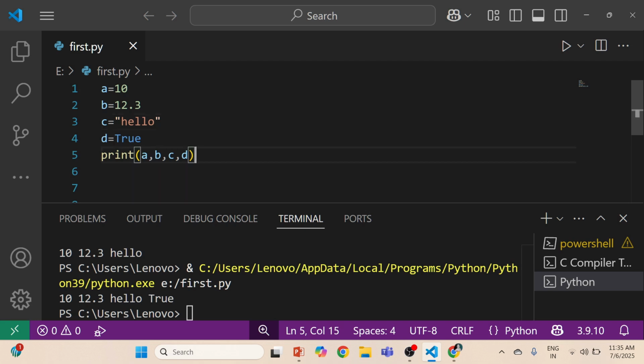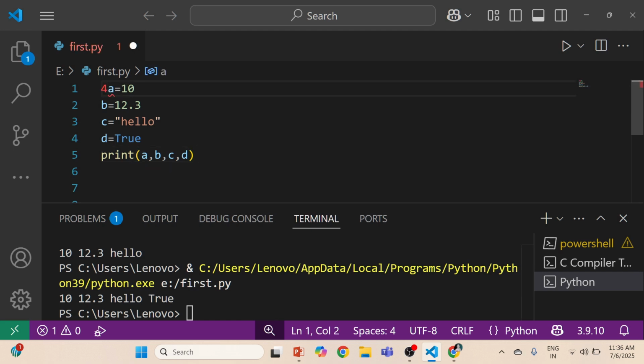Now you should always follow the variable rules. Okay, you have created the variable, it's fine, but can a variable have any name? No. Variables cannot have any name. There are certain rules of creating a variable. The first rule is your variable should never start with a number. If you give 4 here, this will give an error. You can see it's giving an error. So this is wrong. A number can exist either in the middle or at the end.